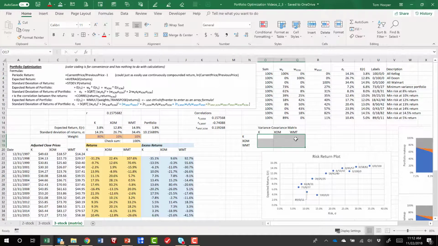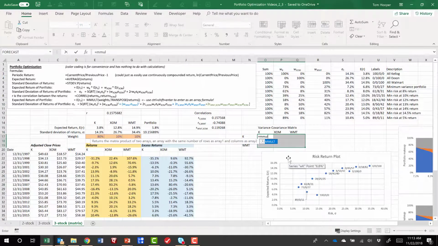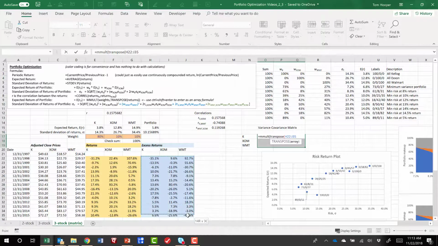So we have to select all 9 cells that we want populated before we begin typing the formula, which is matrix multiply, the transpose of the excess returns, times the excess returns,